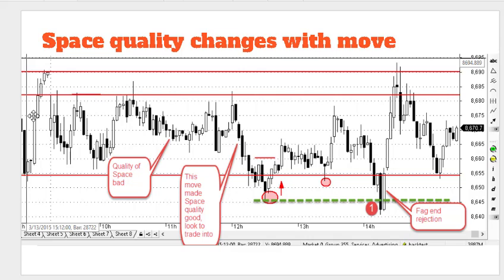Okay, this is the quality of space. Look at the quality of space here. If you take a breakout failure trade here, look what happens. This is the quality of space here. Not too many overlapping bars. There was a little overlapping, but it got smoothened here. If the space is smooth, look at what happens when you take the trade. It moves smoothly. And what would be a roadblock here? The next DP.